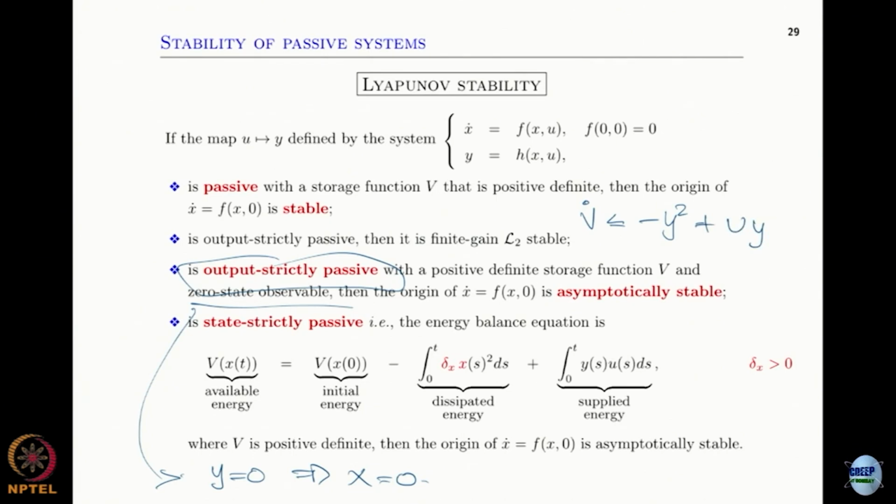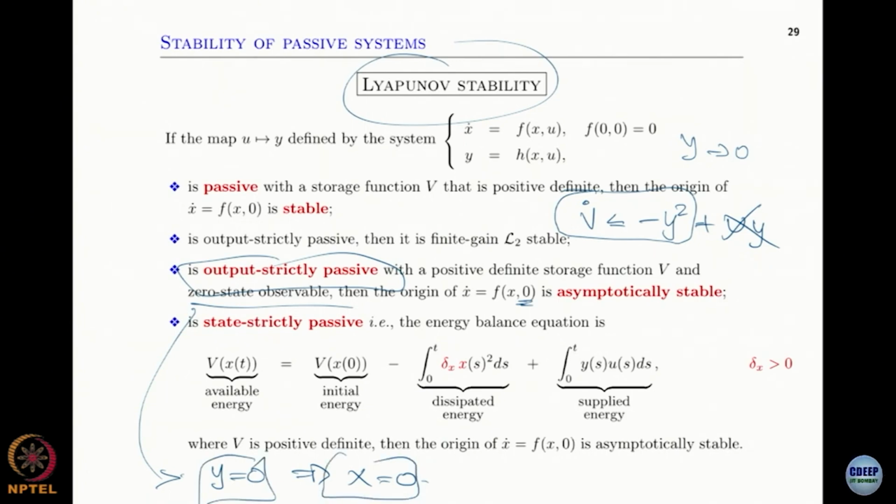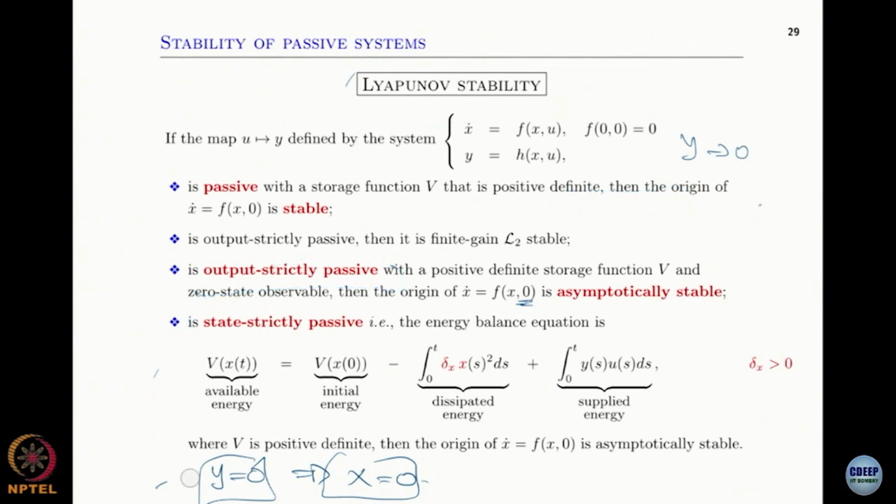And then, for the purpose of Lyapunov stability, we just want to zero the input, so forget about this term. So you have only this. Due to this property, y is going to 0, then you just set it equal to 0 and check if the state is equal to 0. We will do that for some examples, in case this doesn't ring a bell. But all this to say that output strict passivity essentially leads to